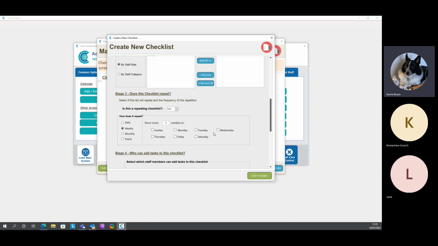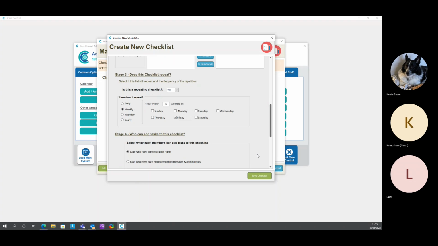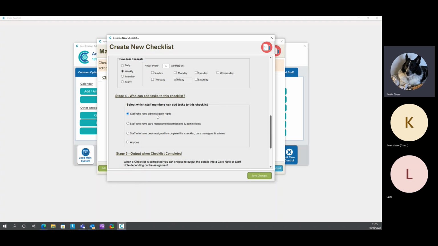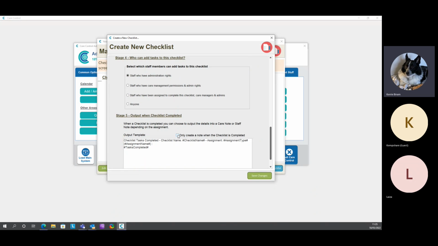So it maybe comes up once a week on a Friday, for example. So it can come up as the frequency you decide. I would leave this one here as administration rights because I think it's better for only people like you that have got full admin access to come in and amend and change things. And then down here, if you tick this one, if you assign it to one of your services